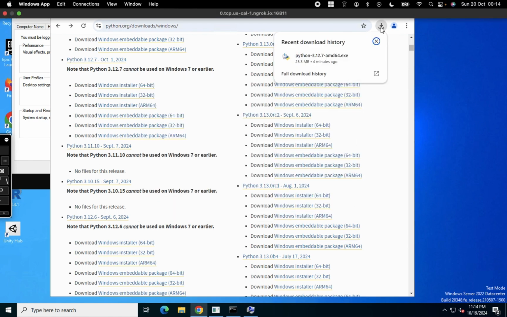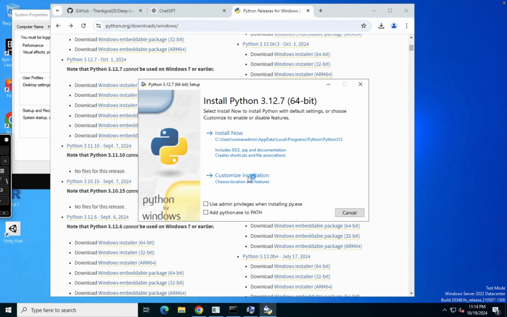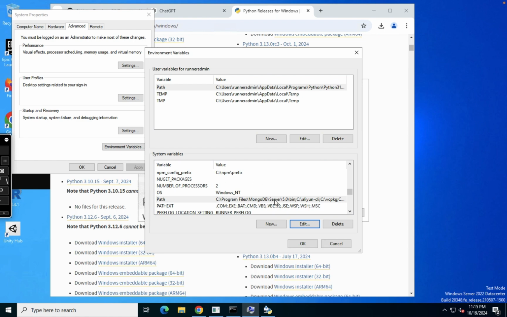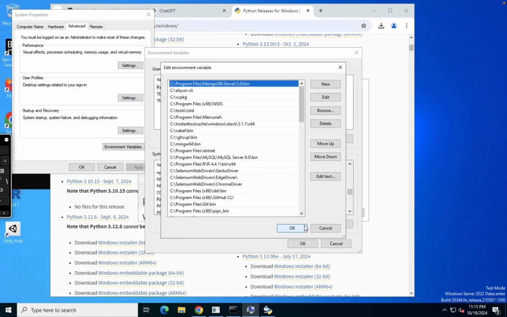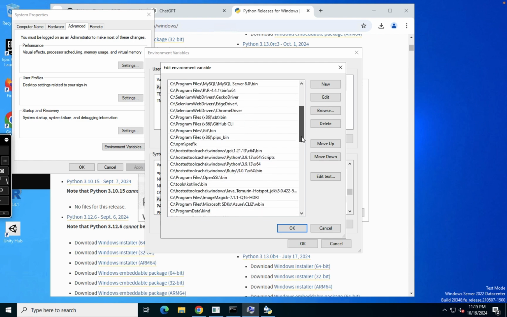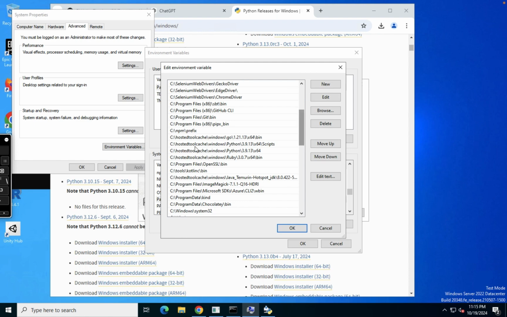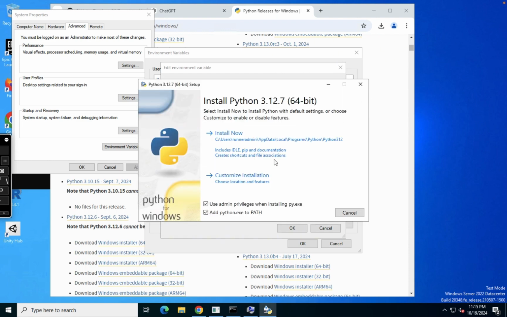So try and install it again. Check both boxes and click on customize installation. We tried install now, but that didn't work well. So we'll be using customize installation and scroll down, edit paths. Okay, there's a part where our system Python was stored, so we'll not be using that part yet. To close. Under customize, click on customize installation. Next,